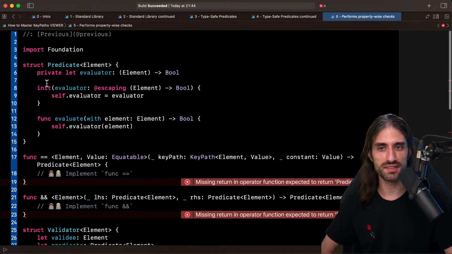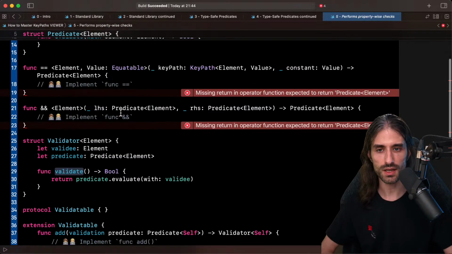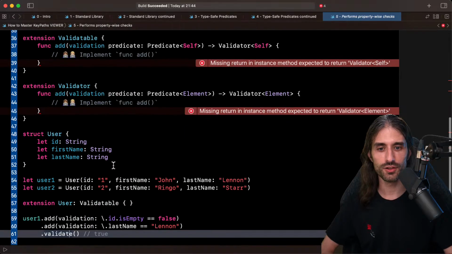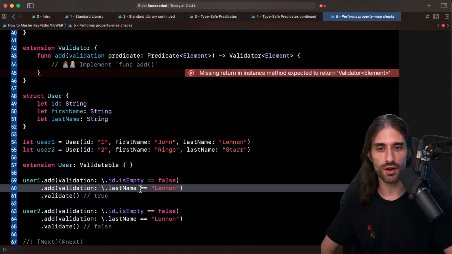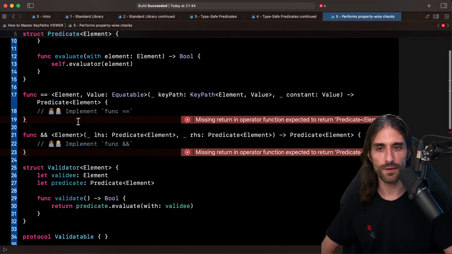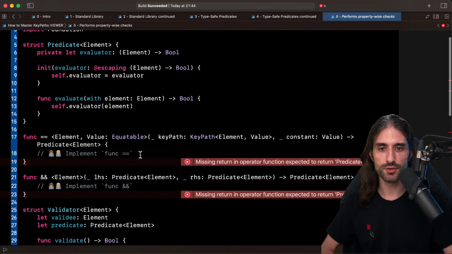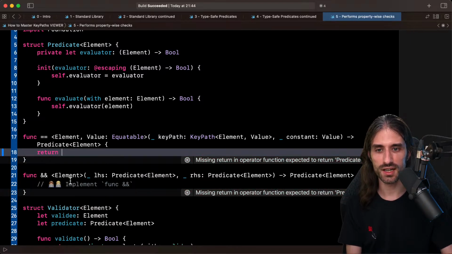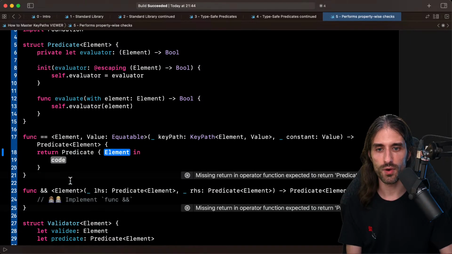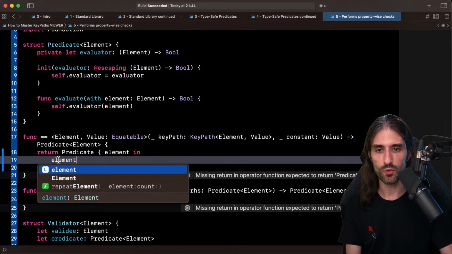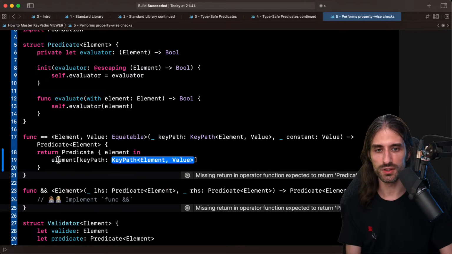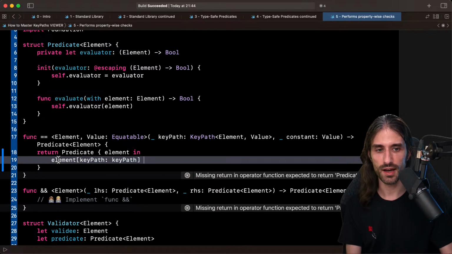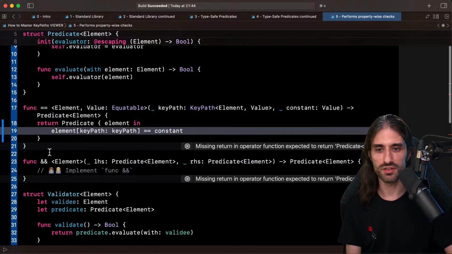So I've copied and pasted my predicate type from the previous page because we're going to use it. We are also going to need our equal operator and our AND operator. So I'm just going to re-implement them real quick, but the logic here is still the same. So we create our predicate, we have the elements. So for the equal operator, we get the value using the key path we've been provided, and we check whether it's equal to a constant.